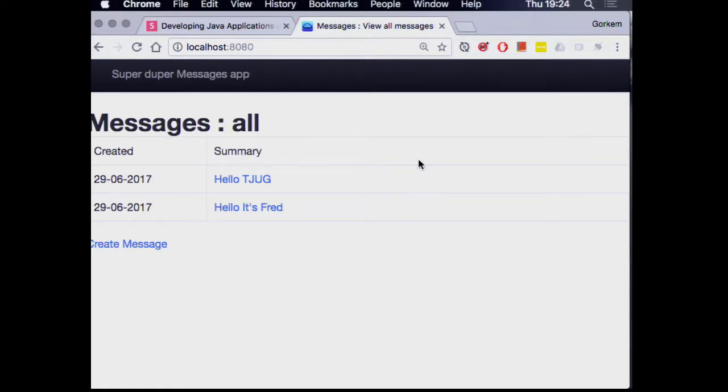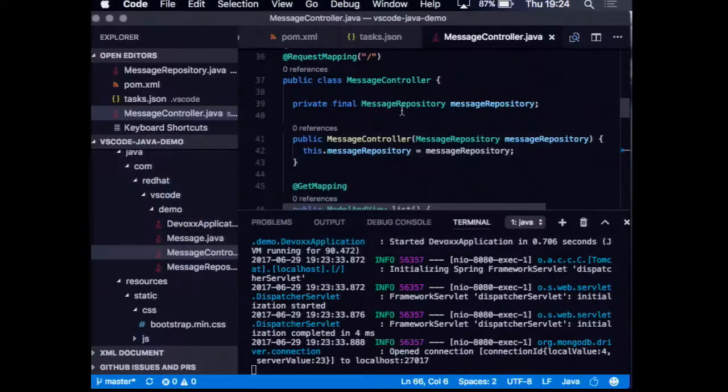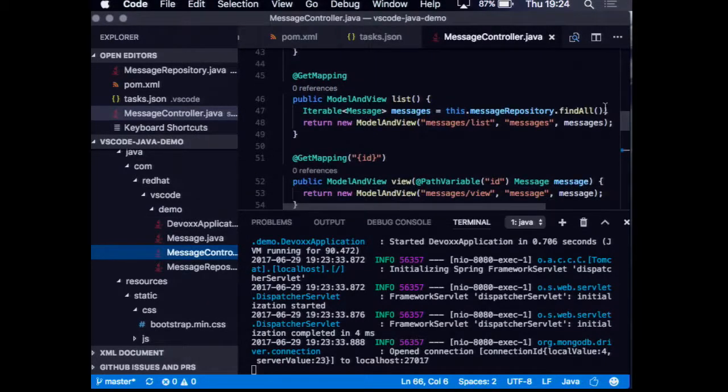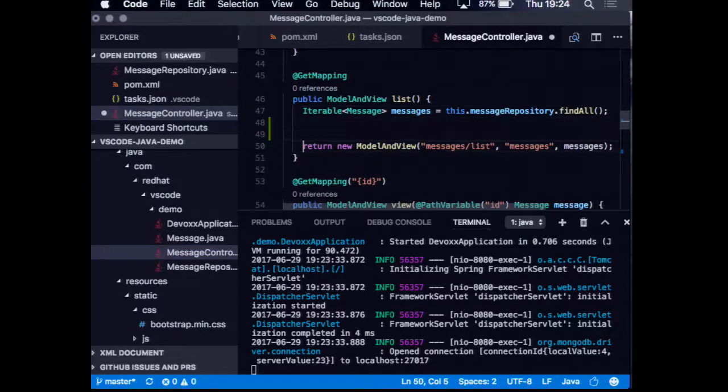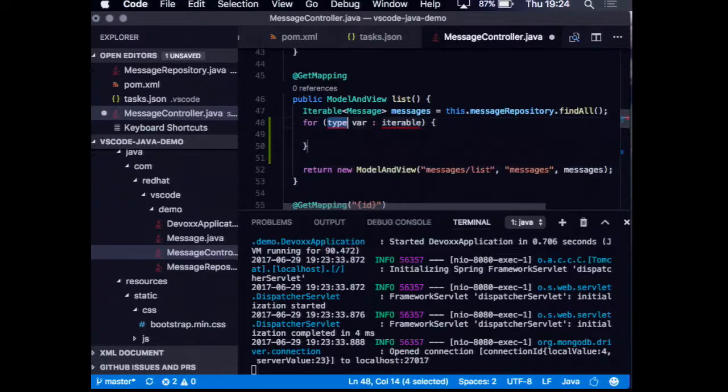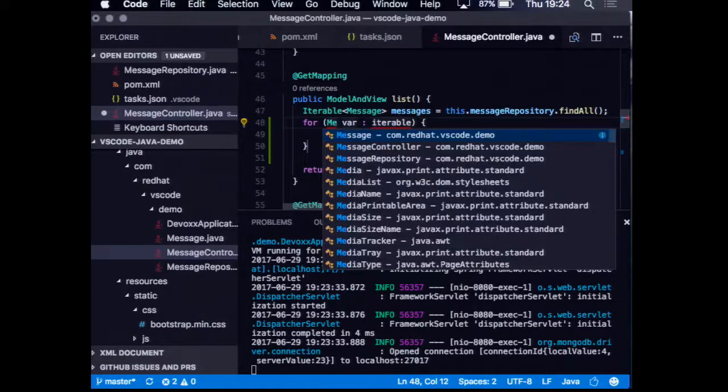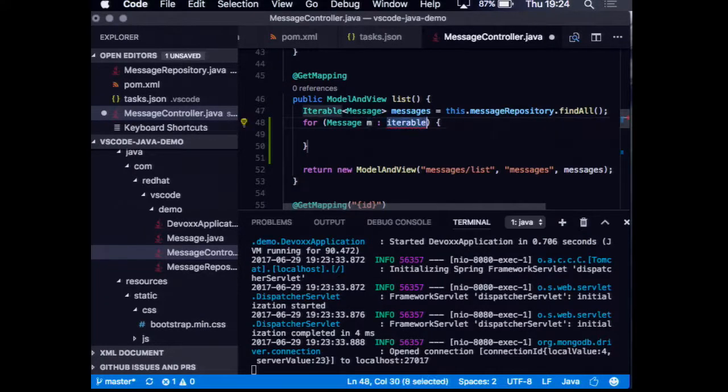So because Spring Boot uses the DevTools, it actually launches a live reload server. So I can enable live reload on my browser, and I can go and in my editor change some code, and we'll see what happens. So here, let's see. I'm gonna loop over my messages. That's a message. M messages, and I'm gonna tweak